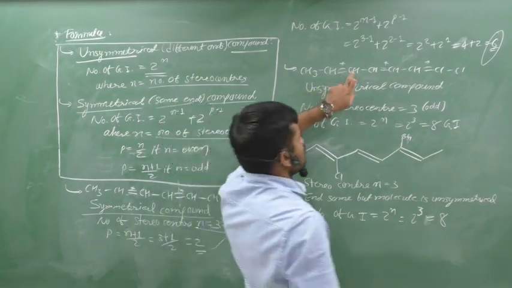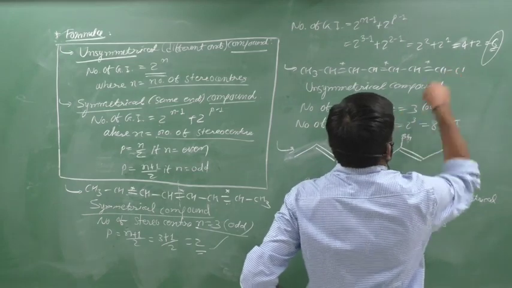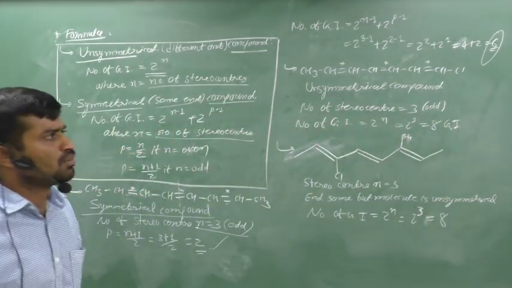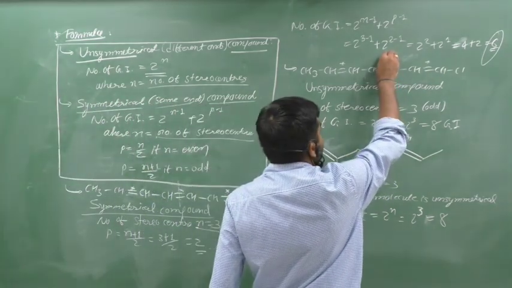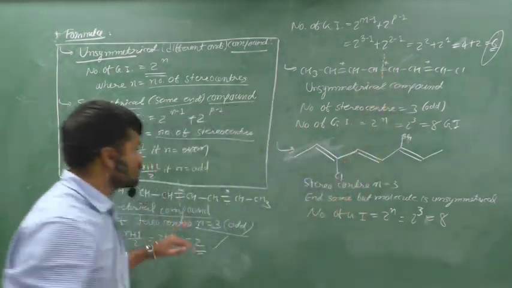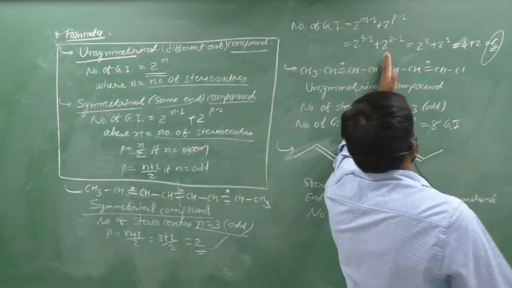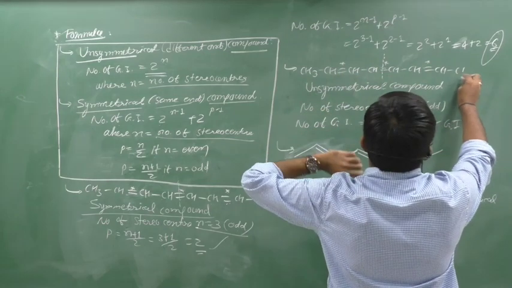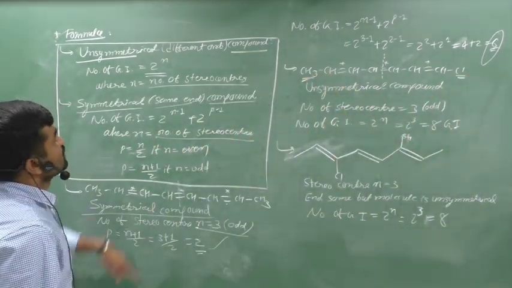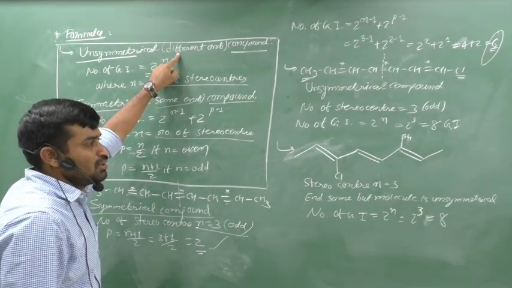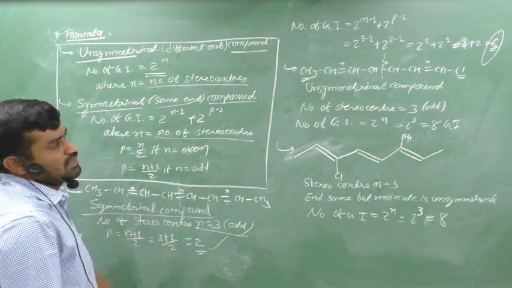CH3, CH, double bond CH, CH, double bond CH, CH, double bond CH and Cl. The difference is only that this compound is unsymmetrical, because if we cut from the middle, it does not have 2 equal halves, because here is Cl, here CH3. Yes, here we can think of different ends, but not in all cases. We can think about that also, but we can say that it is unsymmetrical.